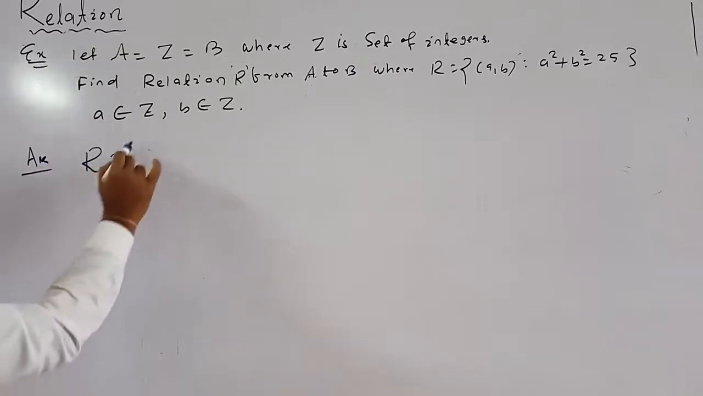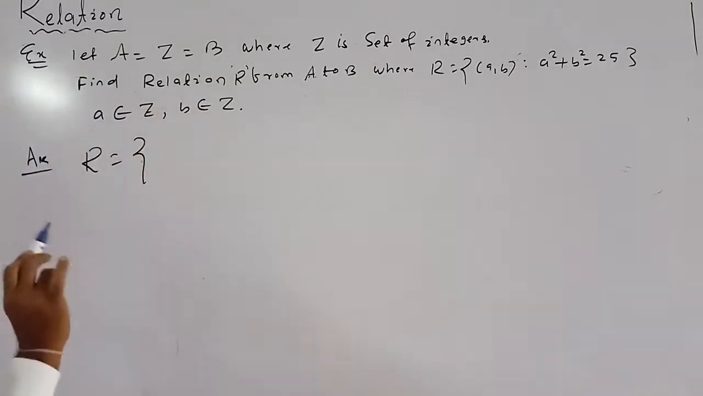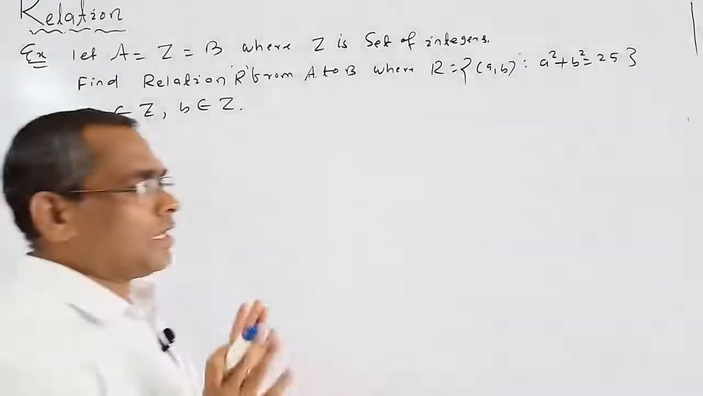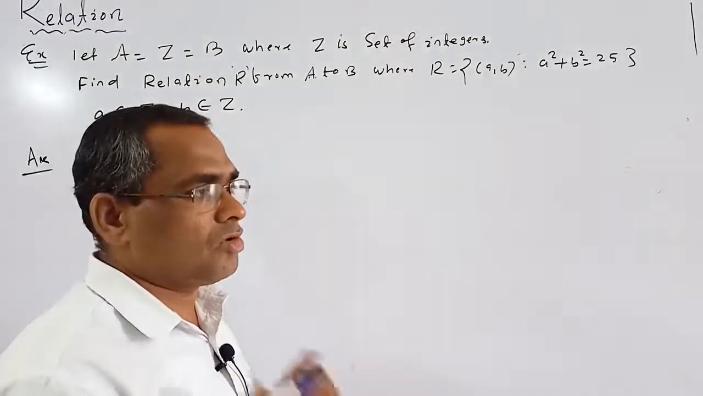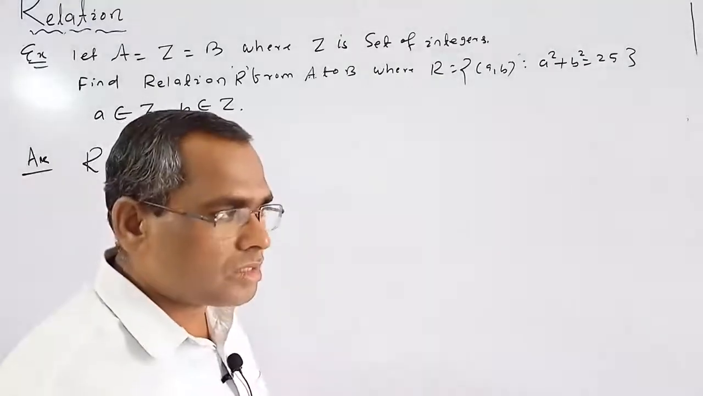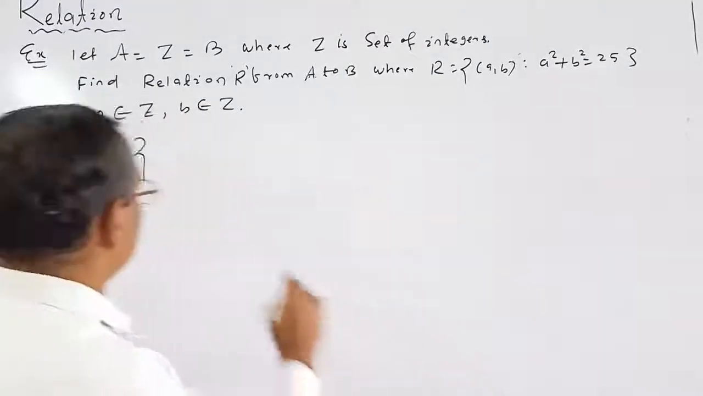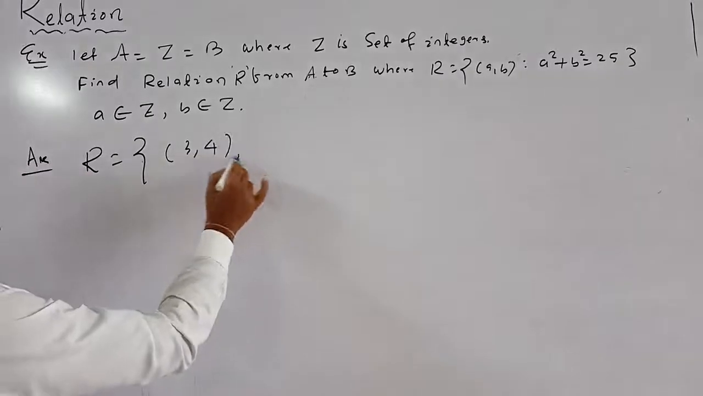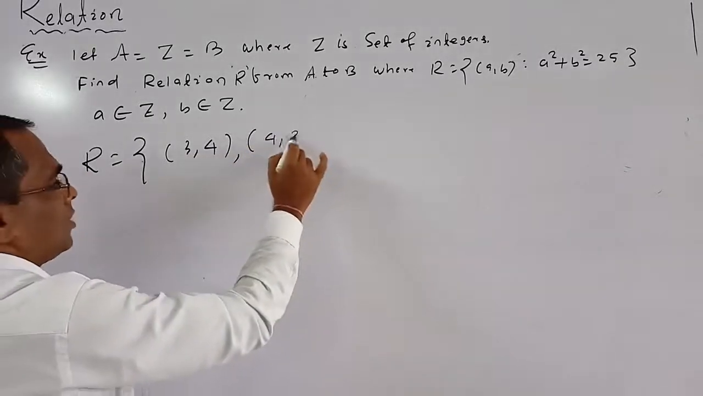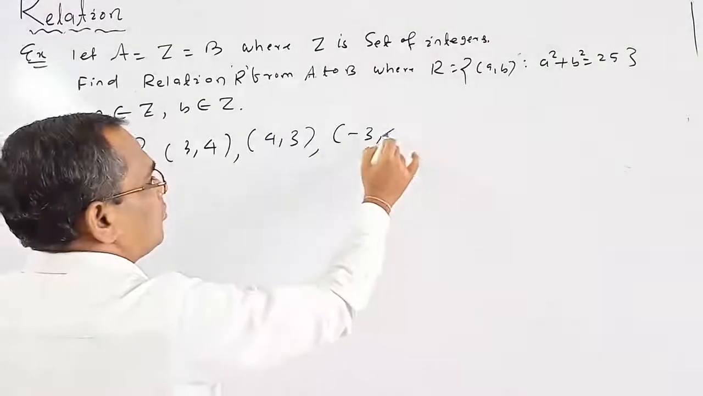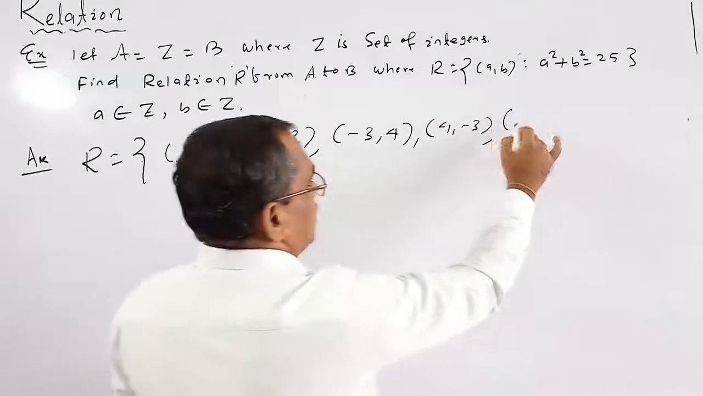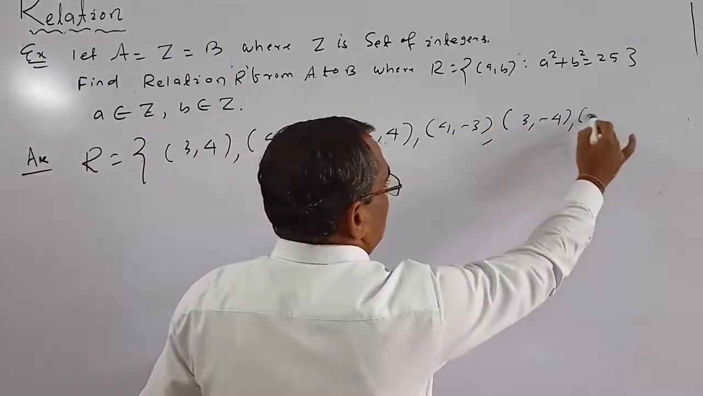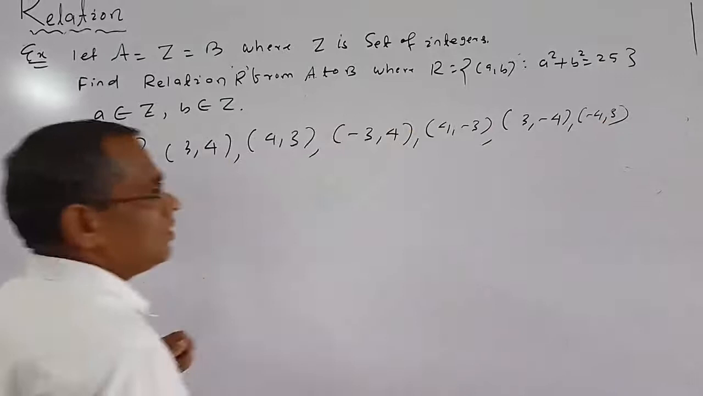So here R is a relation from A to B, meaning a squared plus b squared is equal to 25. So we collect the ordered pairs (a, b) so that the sum of squares of these two numbers is 25. What are the ordered pairs? One is (3, 4). Okay? (3, 4) and (4, 3) also. Then (-3, 4), (4, -3). Okay. Then (3, -4). Then (-4, 3). Then